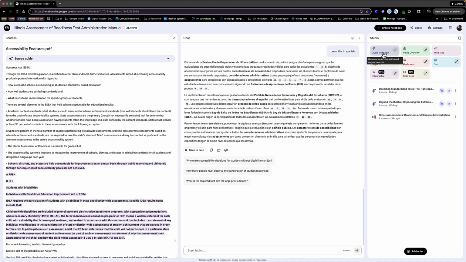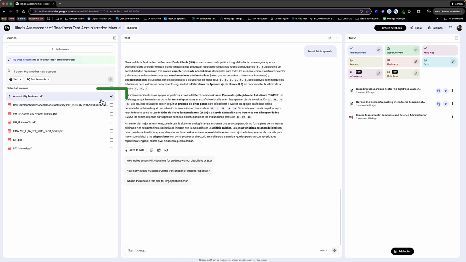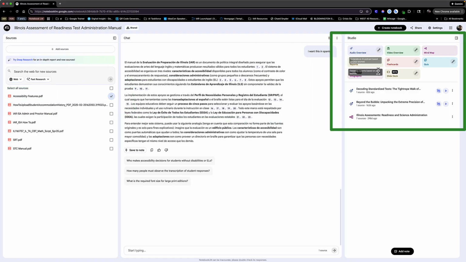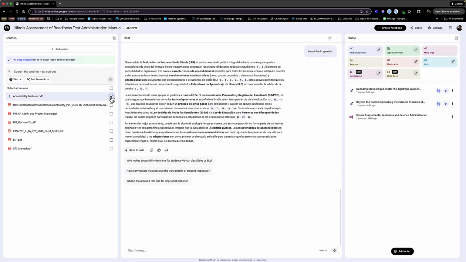From here, you can create an audio overview of your source materials. I currently have only one thing checked, and if I select audio overview, it's going to give me an audio overview of just the source material that I have checked. So anytime I am working in the studio version, I need to make sure that I'm choosing what I want to work with. So I'm going to keep this as just the one thing checked. I can create all of these things. The one I'm going to show you is quiz,